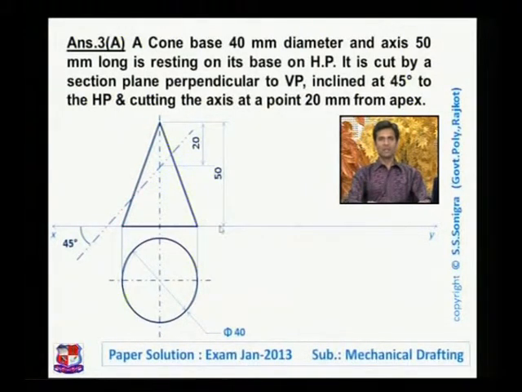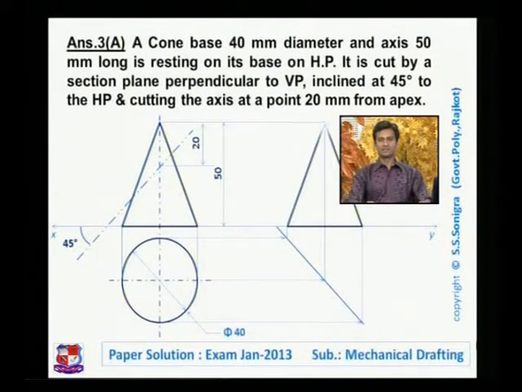After drawing this second line, we have to draw its top view and front view. So for that, draw a line at an angle of 45 degrees over here. Draw projection lines from this end point of the circle like this, and from where it cuts the 45 degree line, draw vertical lines and then complete a triangle like this. This triangle shows the side view of the given cone.